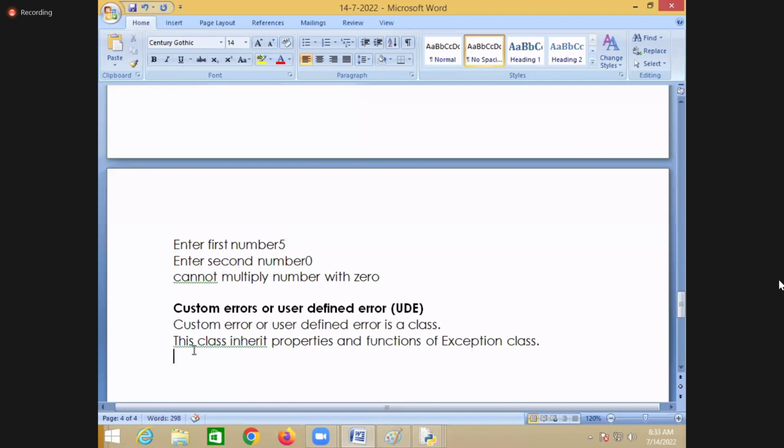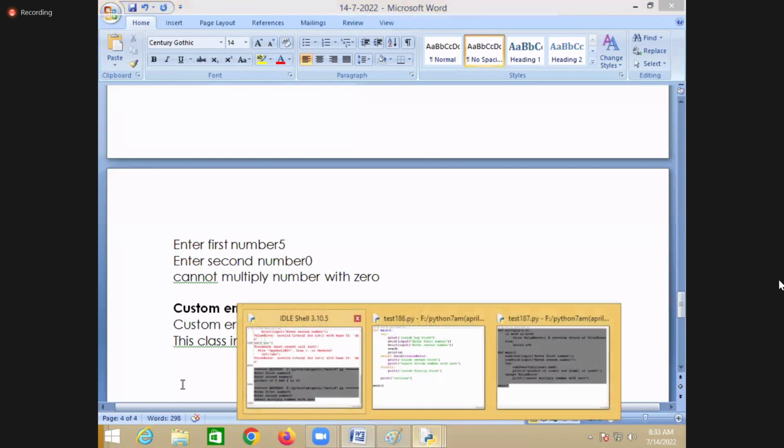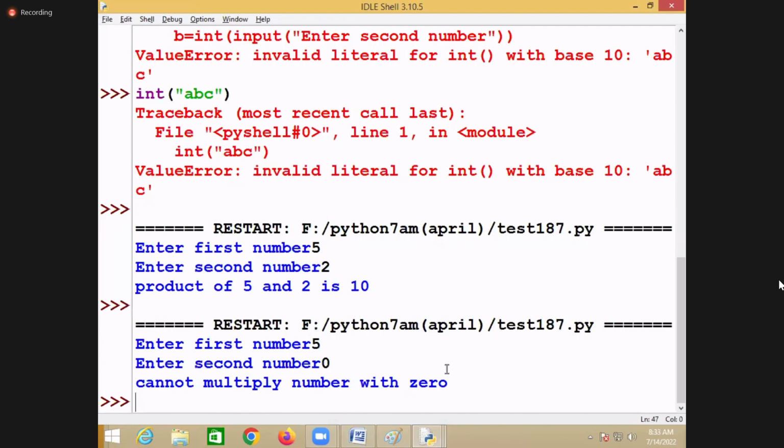Every class, you learn in object oriented programming how to build a class. But what is a class? A class is a data type. So these classes can be predefined or user defined. Suppose there is a class. What is the name of the class here? Student. Student is a data type.